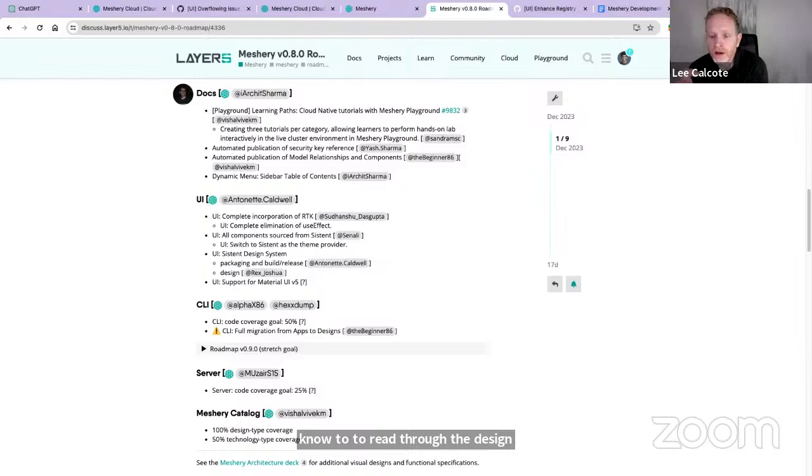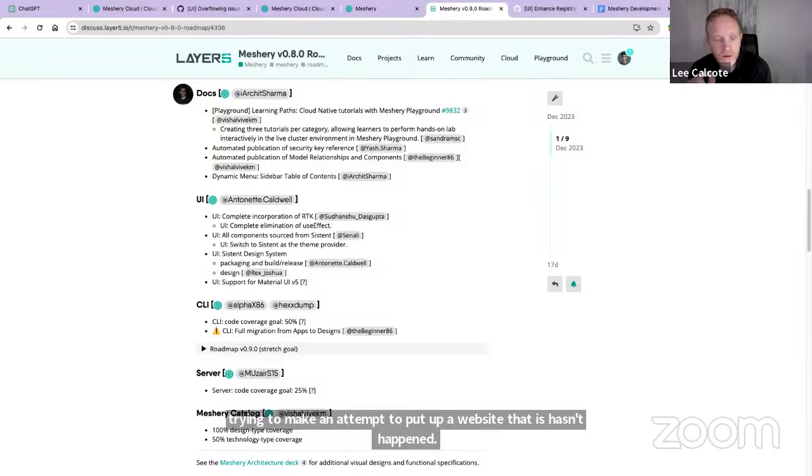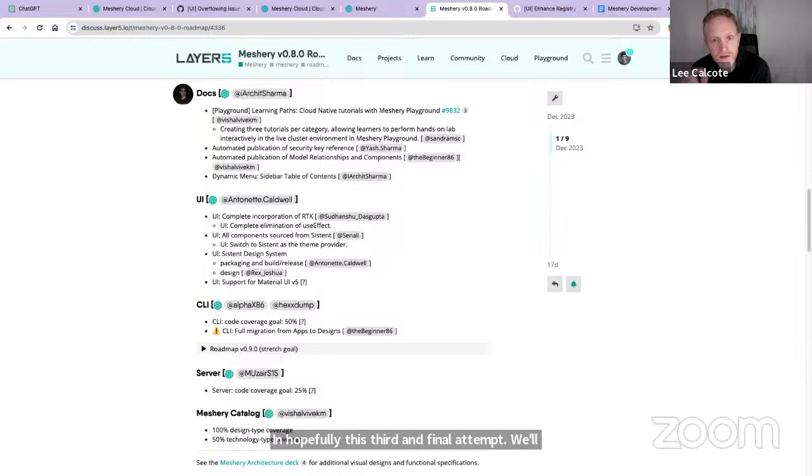A couple of contributors have tried to put up a website, but it hasn't happened. In hopefully this third and final attempt, instead of making a new site, we'll just carve out a section of Layer5.io. It already has much of the scaffolding needed: a header, a footer, and navigation menus, so we just start putting up some pages.